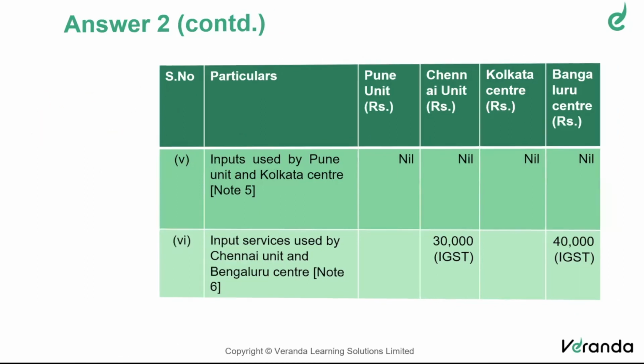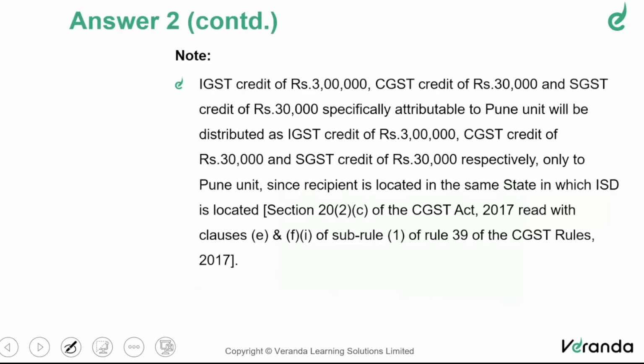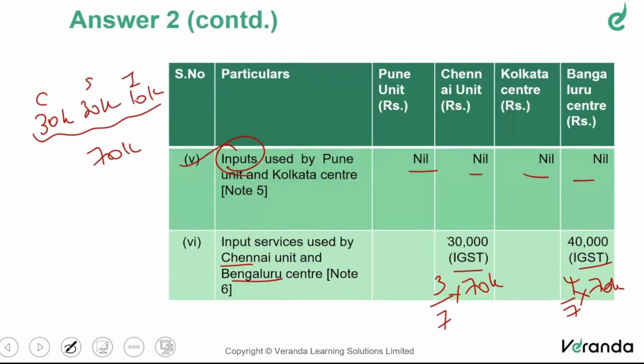Once you do that, I don't think they would have added up. Not required. That's about it. Fine. So the important thing to note in this question is that it is big, but a lot of irrelevant information is there. We can just ignore it. The important thing is that as far as the same state is concerned, we'll have to do separate working for CGST, SGST, IGST. Whereas units in different states, we can just add up and simplify our life and distribute everything as IGST. So this is point number 1 to be noted.